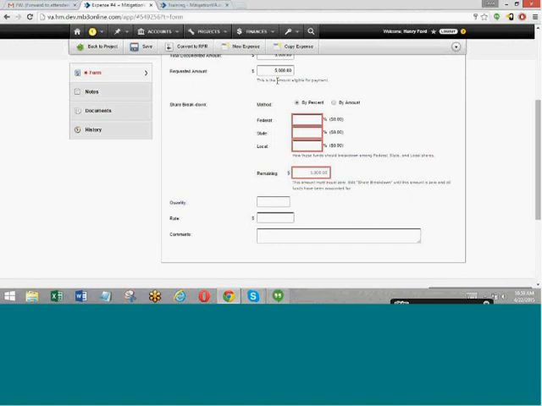Maybe the $5,000 share was donated resources or something, so you want to allocate that to your local share. So you can say, I don't want to use any federal share, I don't want to use any state share, but I'm going to use the full 5,000 to come off of my local share. It's percent, so 100%.